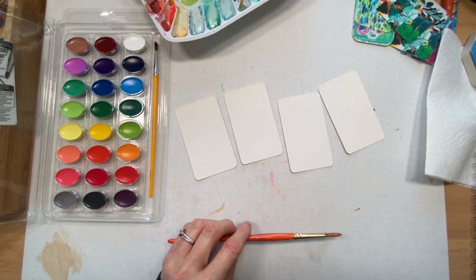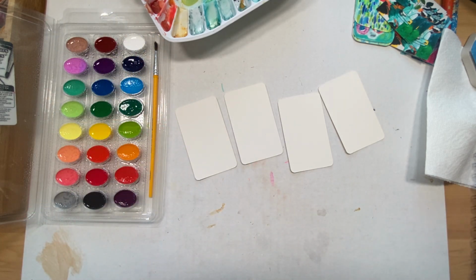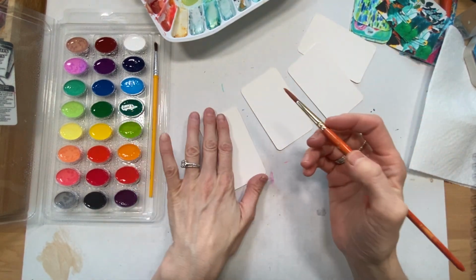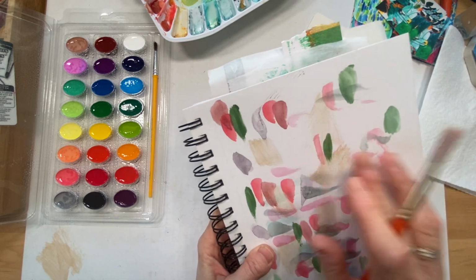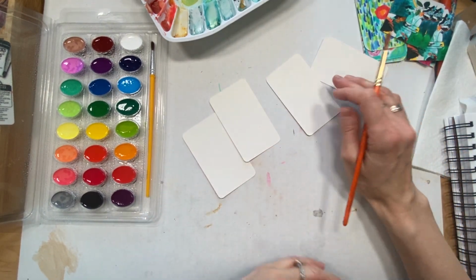So what I do is I activate the watercolor palette. I get it quite wet, and I love the range of colors in here. And we'll just go ahead and get started. I'm gonna wet my brush. I have this little sheet of paper here just to kind of get off excess paint and create another background. And let's just